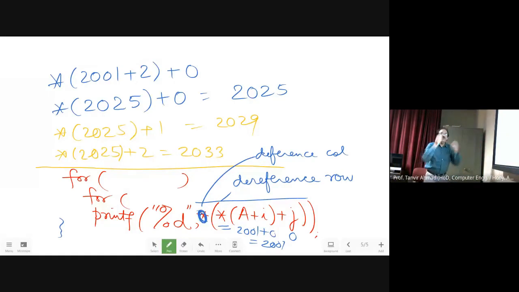It is going to print the addresses. It will print 2001, 2005, 2009, then 13, 17, 21, and so on. You're going to print the addresses. If you are going to dereference it again, you will get the actual values. Correct?